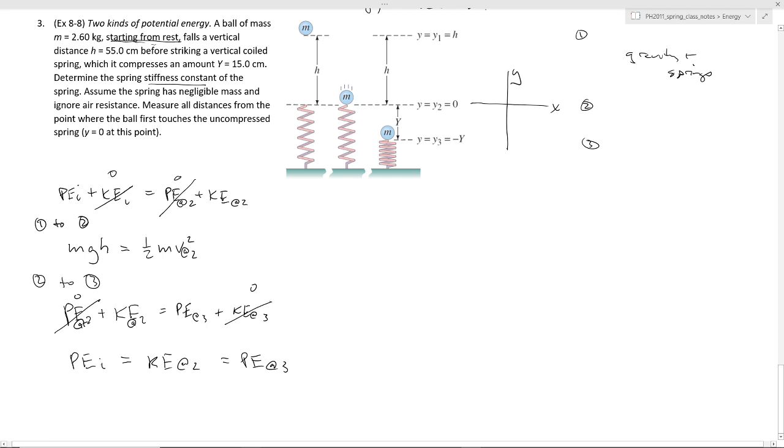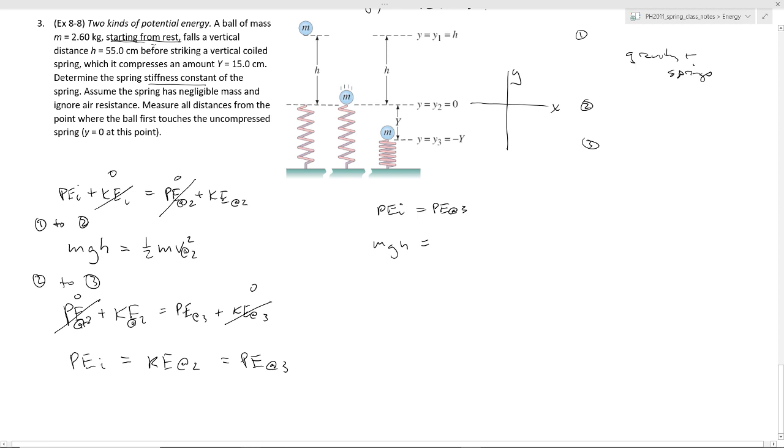Okay, but what we do need to do is express the energies. So the potential energy initial is mgh. Actually, let me write this over here. What we're going to do is skip the kinetic energy piece for the time being. We can come back to that. We're just going to state the potential energy initial and the potential energy final. So this will look like mgh, and that's going to have to equal